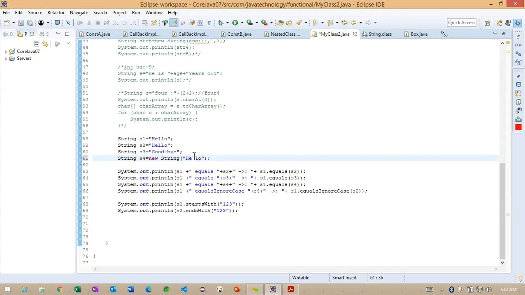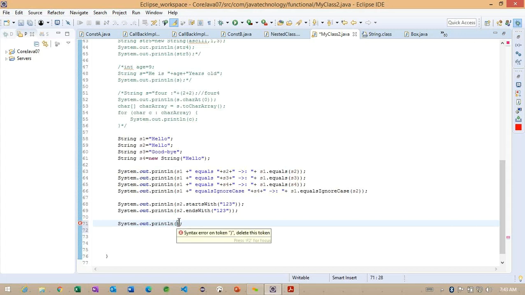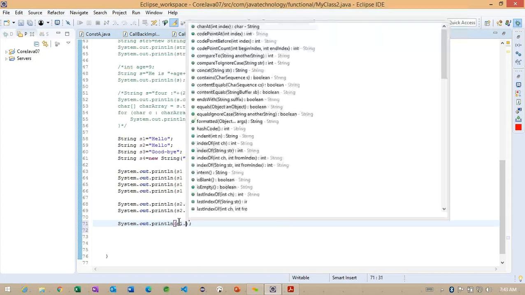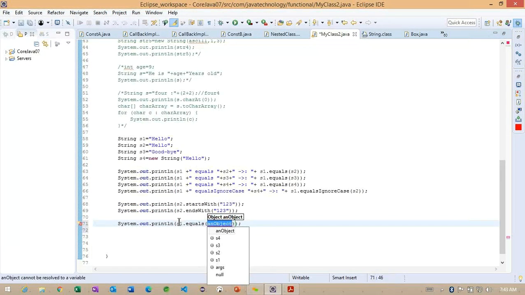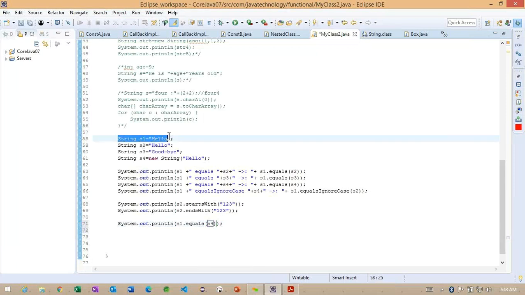Again, we are going to get case-related issues. Now I'm going to add a sysout here. Let me make one more object here. We can go for this one: S1.equals(S4). Observe carefully: the S1 object, how are we creating it? Using a string literal, and the S4 object we are creating with the constructor.